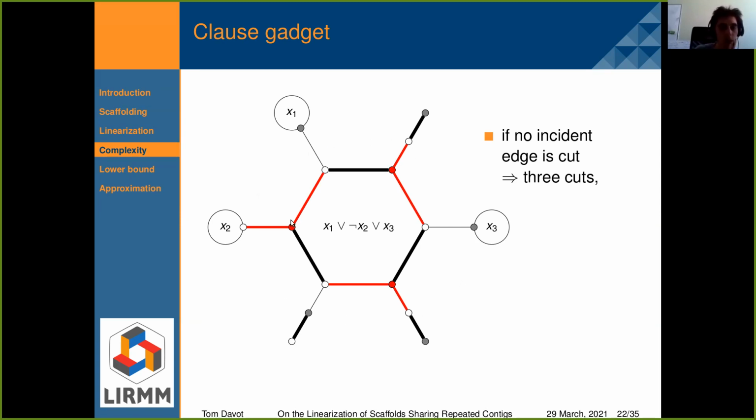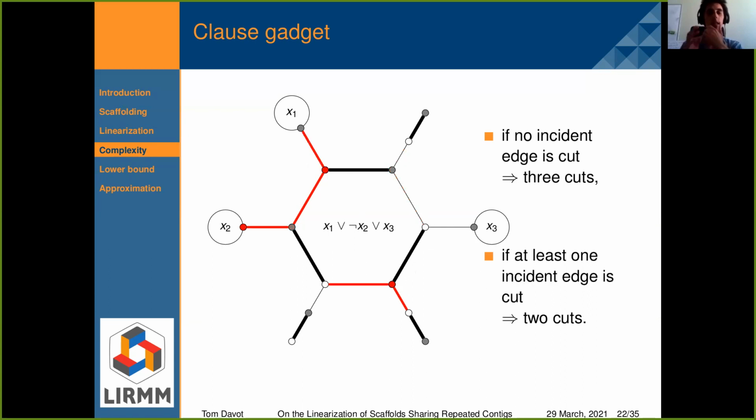Because if I cut this vertex, for example, I cannot clean another matching edge, because if I remove this edge, then this edge is not removed, so this extremity is not clean. So I also have to add 1 cut here and 1 cut here. So I have 3 cuts in total.